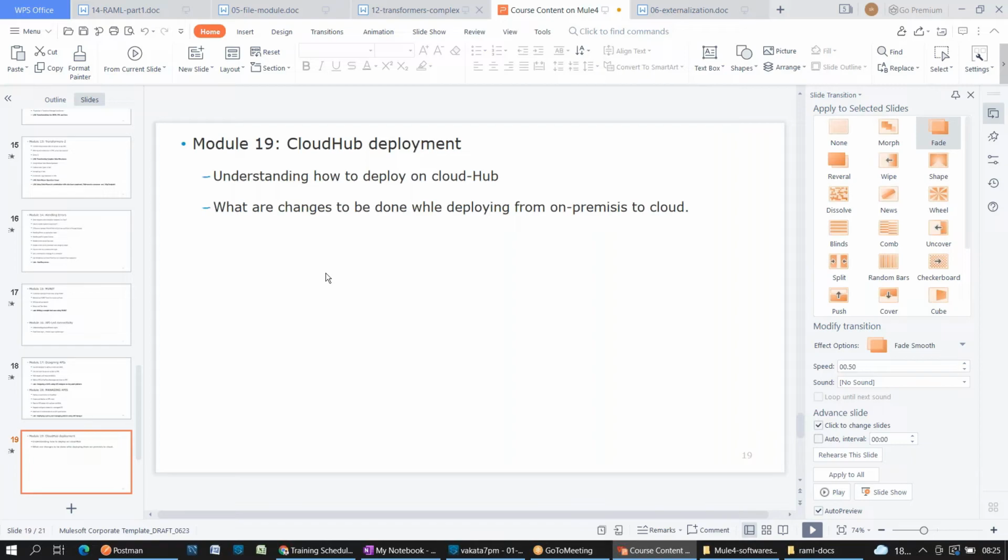And one more thing, I forgot to add one more topic, which is the batch module. If you want to process records in bulk, then we use the batch module, which contains batch step, aggregator, and on complete. So there are 3 phases in batch. I will explain the batch module in detail also. Right. So these are all of the topics I'm going to cover.